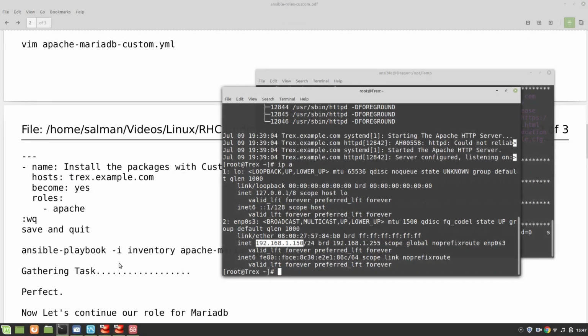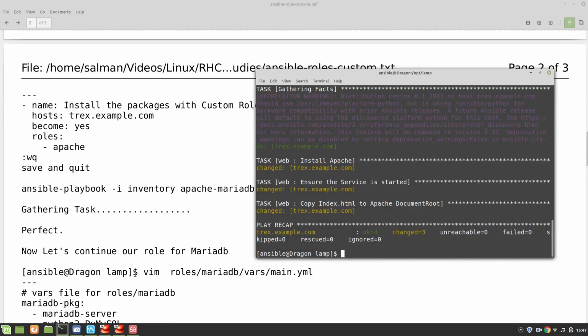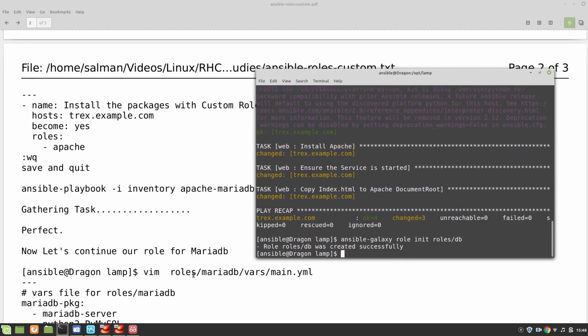Okay, now what's next? Now we need to install a role for MariaDB. To do that, I'm just going to create another role. The steps are going to be the same. So let's create our MariaDB role, and we will call it DB. Okay, and to initialize it, we have initialized it, and the tree command will show us that it's